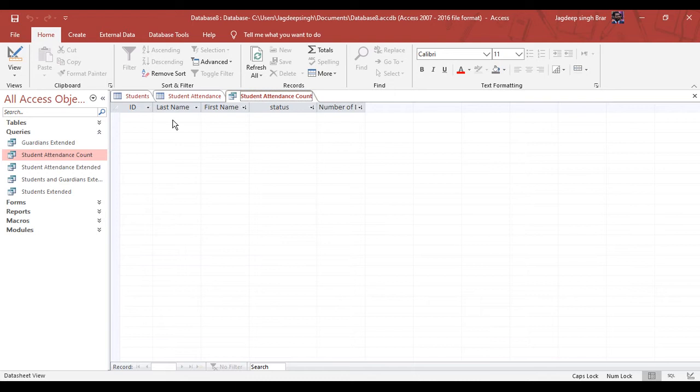Usually this action involves retrieving a choice bit of information, like the top 10 selling food items. Like here is a query to count the student attendance. However, you can also use queries to apply changes. There are two types of queries: action query and select query. The select query is used to retrieve information from the database, and action queries are used to update data, add new data, or delete data from your database.